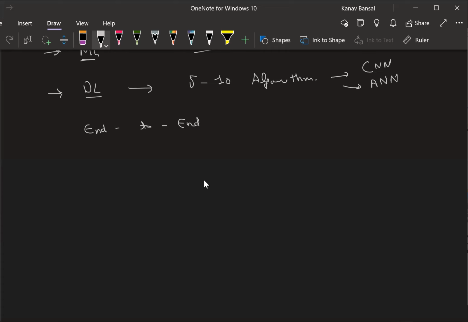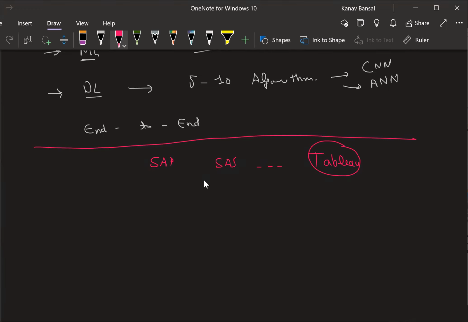Yeah. Right. So there are multiple different tools out there in the market, and people start working on these tools because initially they see that the salary is very good, like SAS, or maybe SAP. Similarly, you have so many other things, and salaries look good. For example, even in Tableau, the salaries are very good, but there is no growth. Yes, SPSS also the same story. SPSS is again a tool, right?